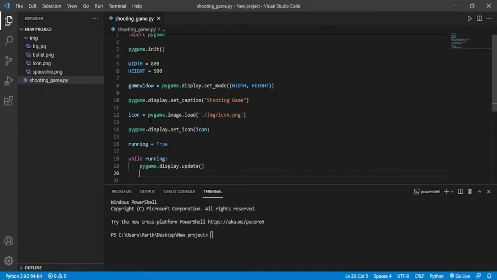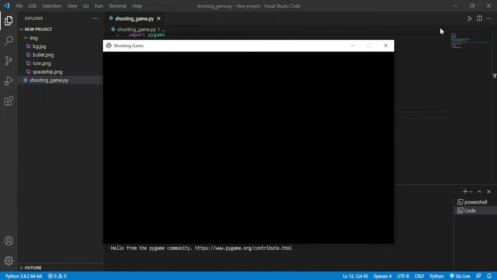Because of this we are able to see our screen longer, but because of this infinite loop we are not able to close it. It is going to hang. So let me show you. As you can see, our name is here on the title bar, and we also changed the logo, but as you can see it is an infinite loop.